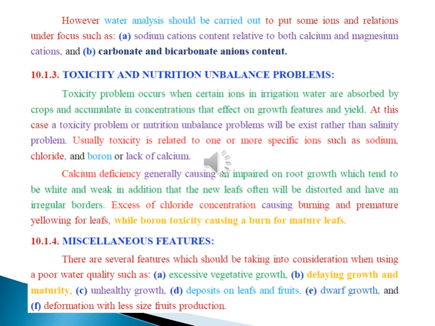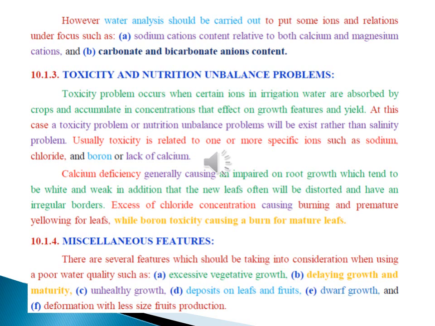Number 3, toxicity and nutrition balance problem. A toxicity problem occurs when certain ions in irrigation water are absorbed by crops and accumulate in concentrations that affect growth features and yield. Usually, toxicity is related to one or more specific ions such as sodium, chloride, and boron, or lack of calcium. While number 4, miscellaneous features,